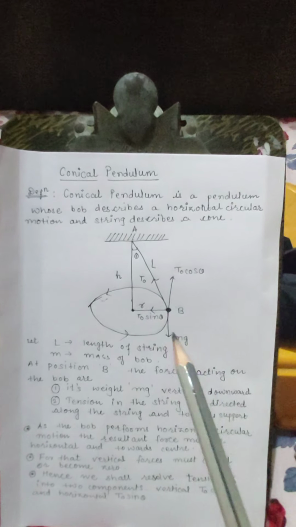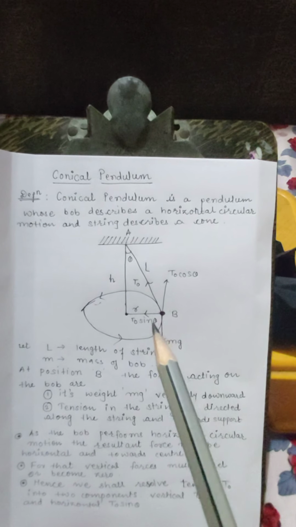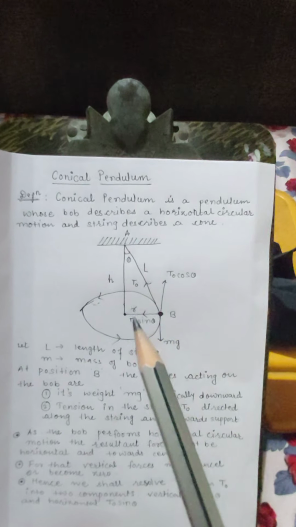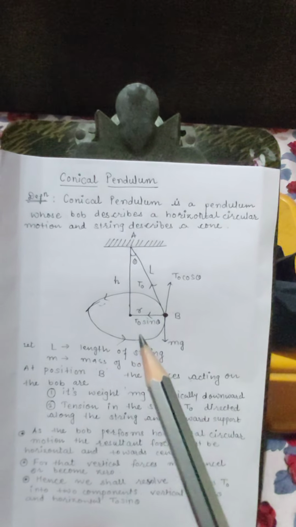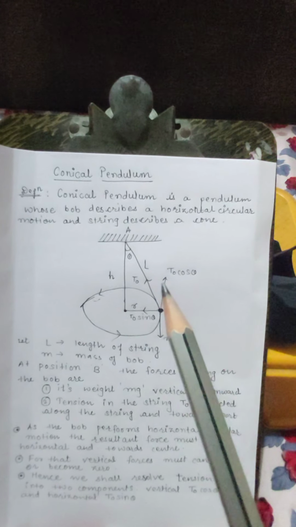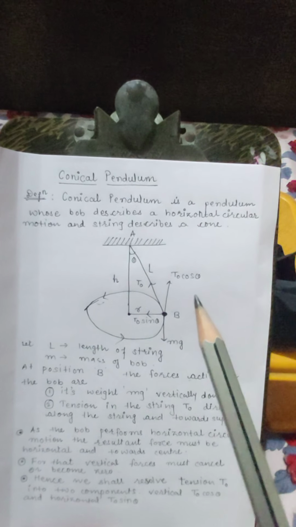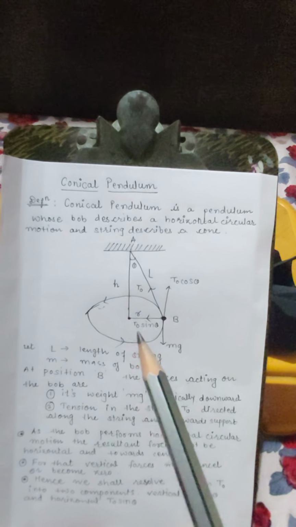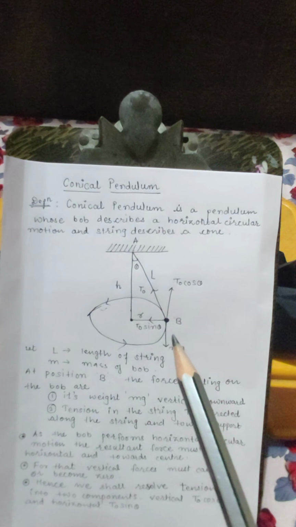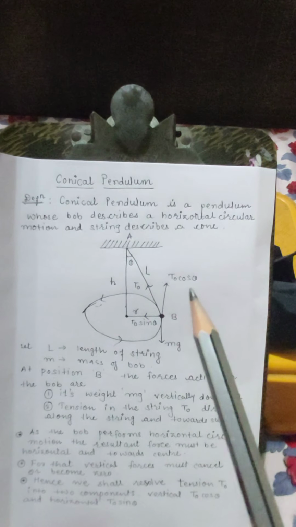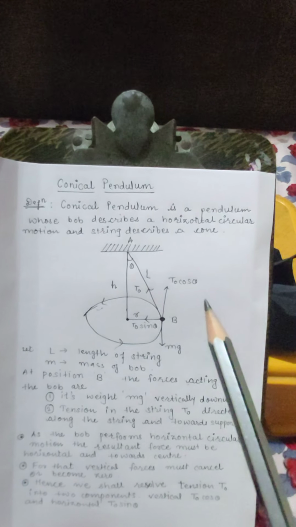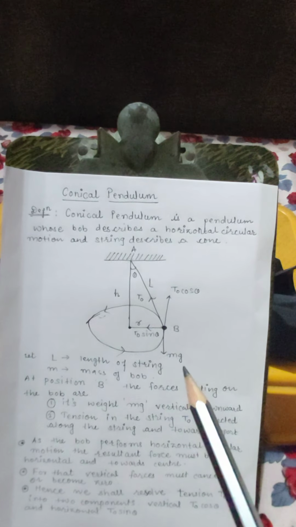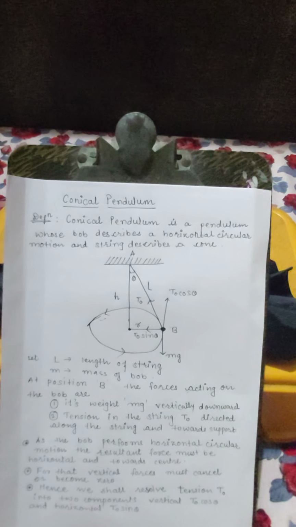Right. So we should resolve this tension into two components. One is the vertical component and one is the horizontal component. The vertical component is T0 cos theta and the horizontal component is T0 sin theta. Now this vertical component T0 cos theta balances its weight mg. So the vector sum of T0 cos theta and mg becomes 0. So they cancel each other,